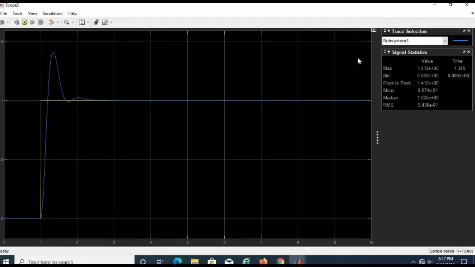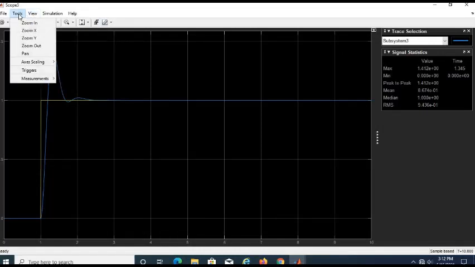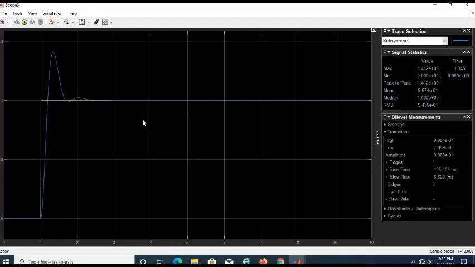It still needs adjustment. This is the problem if we try to tune PID using manual.